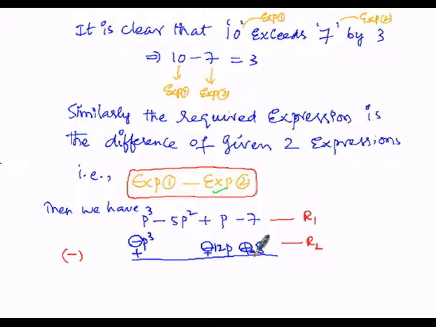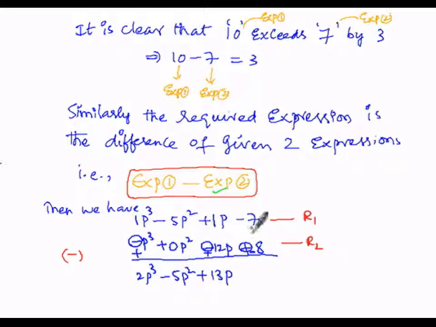Now by further simplification, the coefficient is 1 here, and here also the coefficient is 1. The new sign is plus p cube, so 1p cube plus 1p cube is 2p cube. Here the p square term is missing, so we can write it as plus 0p square. We can strike off this 0p square, and we can write minus 5p square as it is. Here 1p is there, plus 1p and plus 12p, plus of plus is plus. Let us add: 12 plus 1 is 13p, and among 12 and 1, 12 is greater, so the sign is positive.